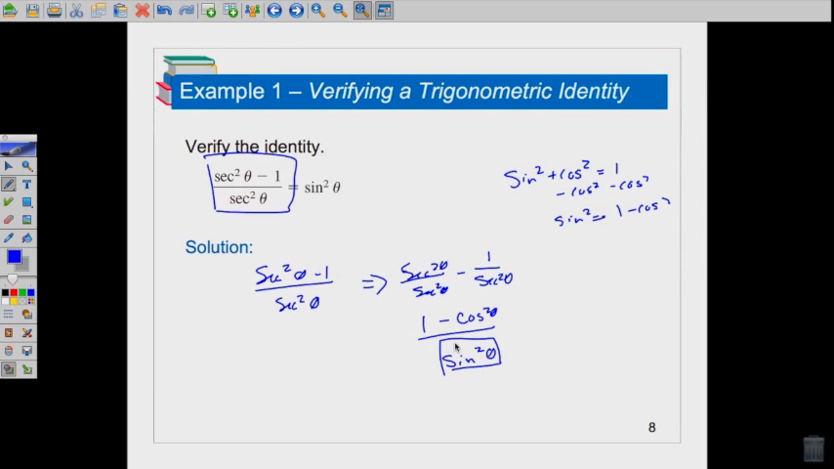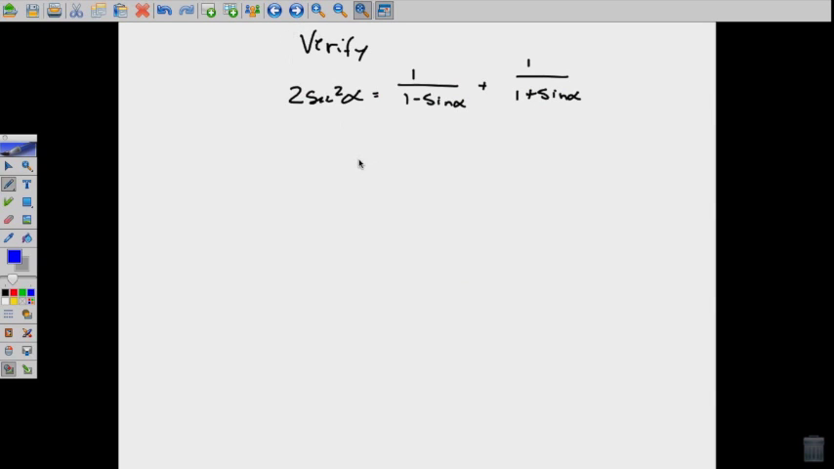Alrighty, so I took the complicated side, I simplified it down, made it equal the same thing as the right side, and I was good to go. Let's look at a different one that's more to do with fractions, and I know when I'm faced with something like this, what I'm going to look to do is combine the fractions. The left side of the equation, again, obviously, looks a lot more simplified than the right